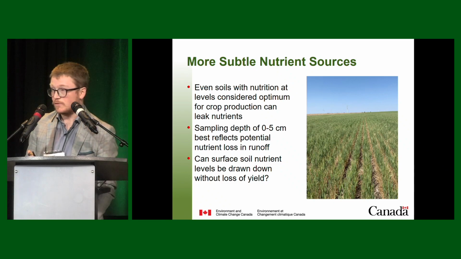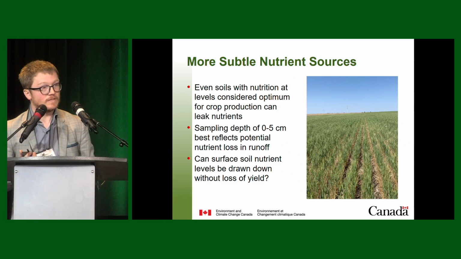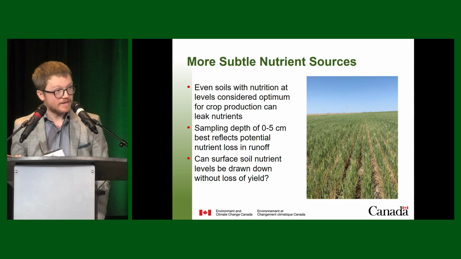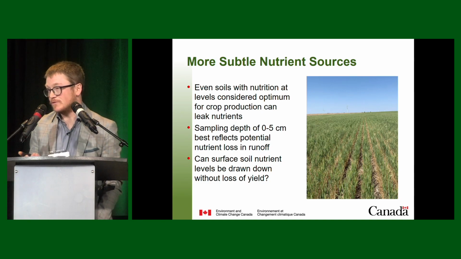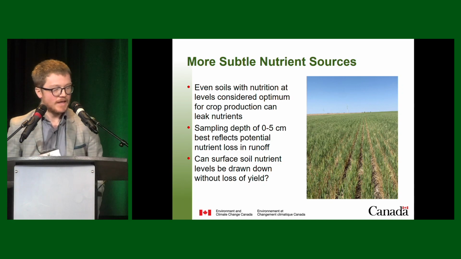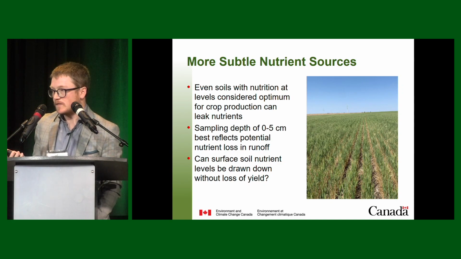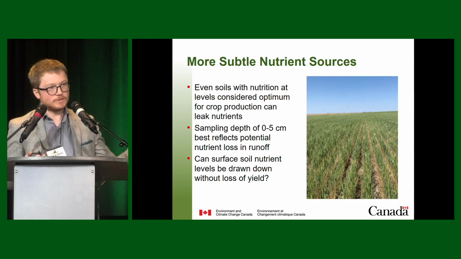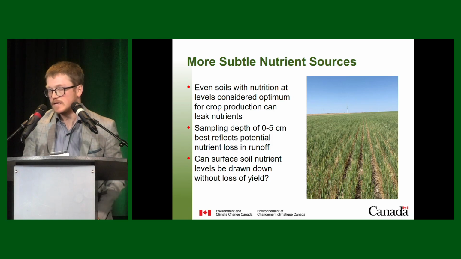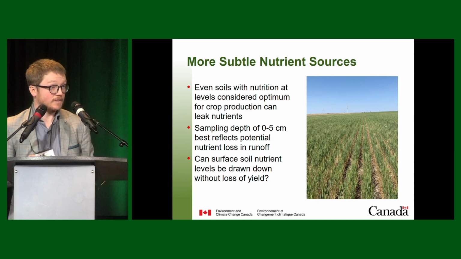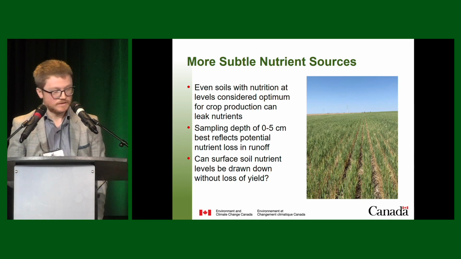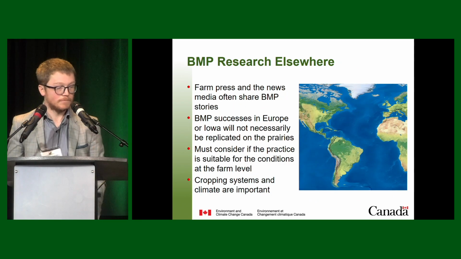The other situation, though, is maybe when we even see soils that are marginal or deficient in nutrients, and recognizing that there's still a contribution potentially in the runoff water. And so what can we do in response to this? Maybe this is a case where we can look to a variable rate prescription to reduce our application rates to some of these higher risk areas of the field. And I'll be drawing on some of that later in some of my research that I'm currently working on.